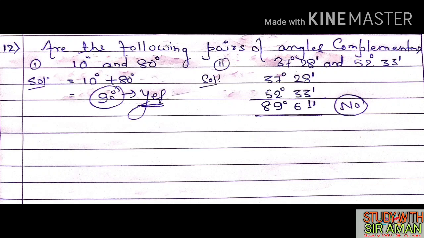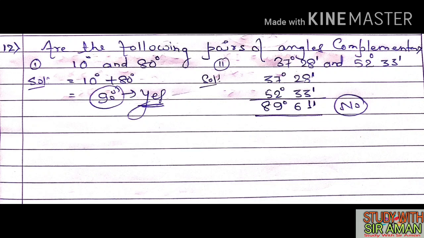Next question, are the following pair of angles complementary? Complementary means two angles whose sum is 90 degree is known as complementary angle. So two angles are given to you, you add them, and if it is coming 90 degree, then yes, they are complementary angles. What are the types in this? See, first type is very easy. Next type is degree and minute, again degree and minute. How to add? Degree with degree and minute with minute. 8 plus 3 is 11, 3 and 2 is 5 and 1 is 6. Is it equal to 90 degree? No, it is not equal to 90 degree. Therefore these pair of angles are not complementary angles.